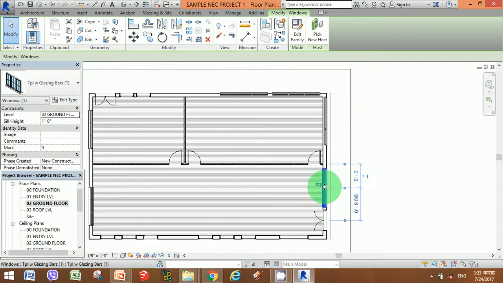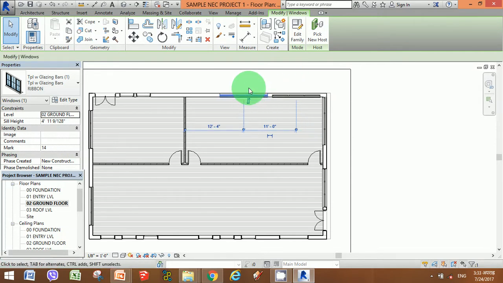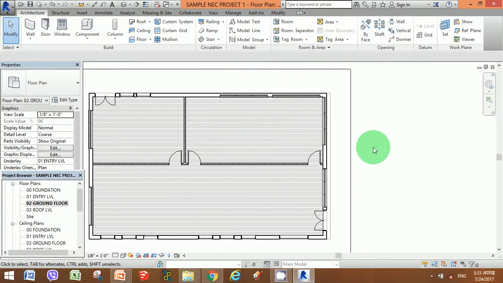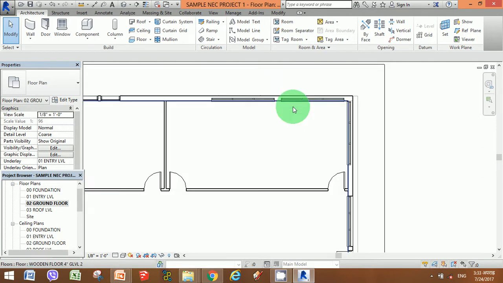So the direction is as per your requirement. You could always change the directions, so it's not much of a bigger deal. You could always change the directions of the windows.